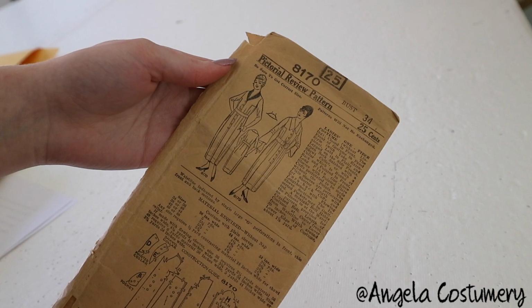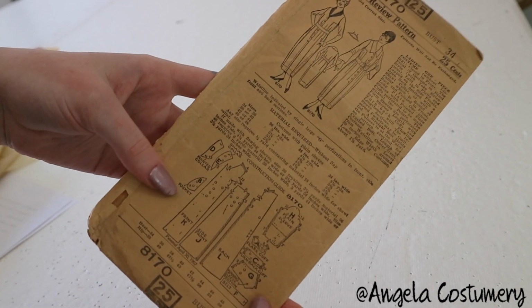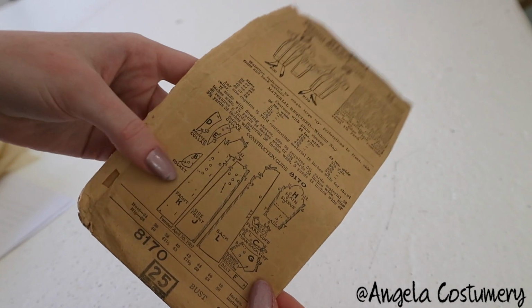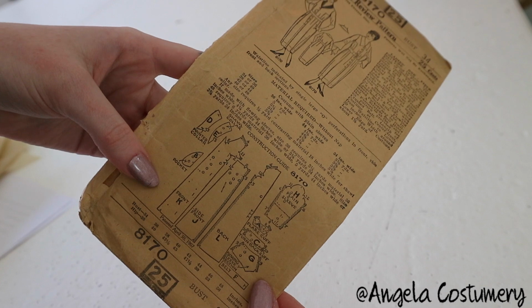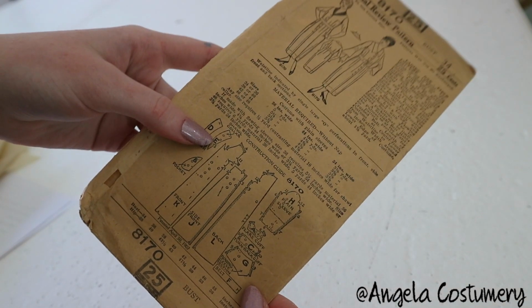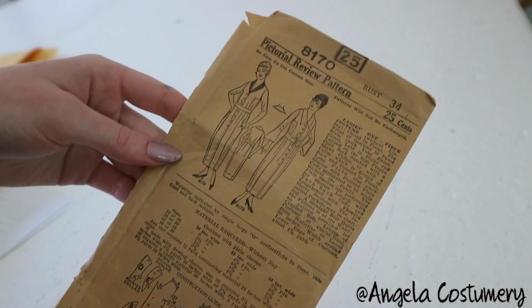It is described as a lady's one-piece costume without lining. It consists of 11 pieces, which allow for 3 different cuff options and 2 collar variants. This pattern is a size 34, and like the previous pattern in this project, the tissue was cut specifically for this size. This pattern claims to be patented on April 20th, 1907, but the design is much more representative of